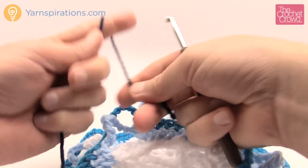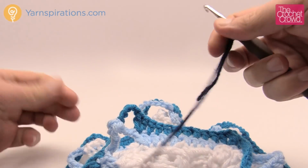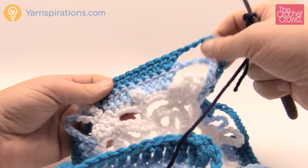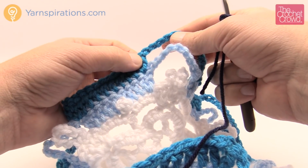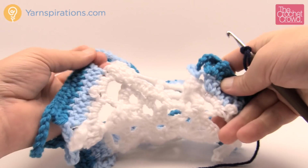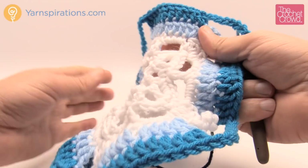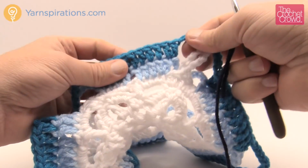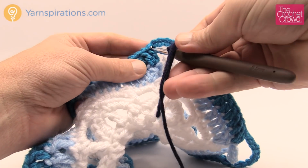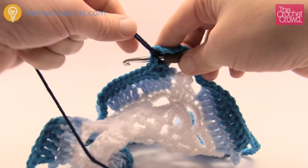Okay, round number 9 is identical to the last round we just did. We're just switching our color to navy, and again it's just a matter of looking for the chain 10 loop and just looking for the first double crochet. It doesn't matter which one. Everything looks disorganized right now. This is the final time that you're going to do this. Make sure that I am on the right side here. So let's begin. I'm gonna go into the first double crochet that's available after a chain 10 loop and join,